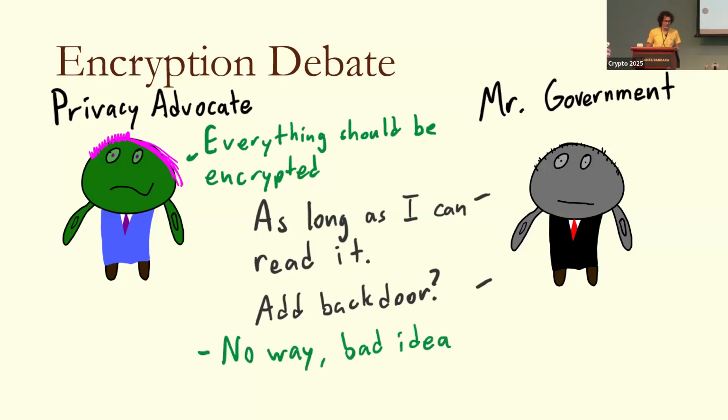And privacy advocates know that this is a bad idea for many, many reasons. I'm not going to get into all the reasons now. I'm going to talk about one of them. And kind of unfortunately, just due to the way the math worked out, I'm actually going to poke some holes into the privacy advocates' argument. So in this talk, we're going to be on the side of the government trying to add backdoors to encryption.